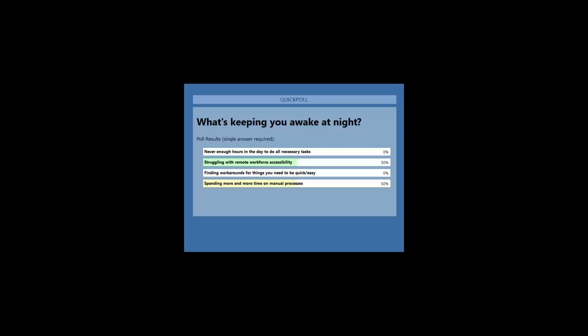Okay. That's really interesting. I think the one thing that has surprised me with this one is the remote workforce accessibility, because I think, as I just mentioned previously, this whole COVID situation has really accelerated the fact that we have to give people that flexibility to use their accounting solutions wherever, whenever, however. And we have seen a lot of people start to talk about that more and more. In this new world post-COVID, we need to be able to free up the limitations of things